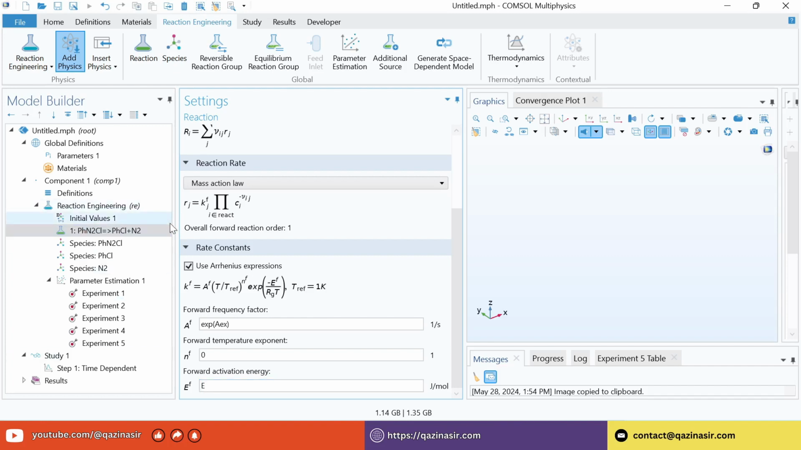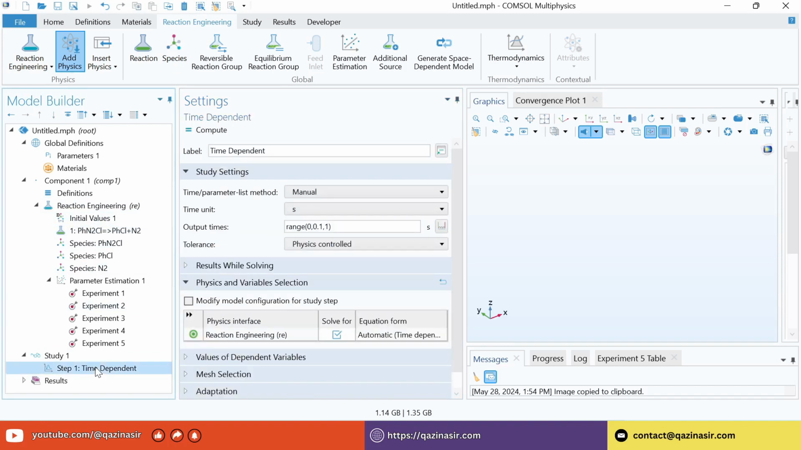Okay, then we need to click on the study, the time dependent study, and in the time dependent study, the thing that we need to change is the output time. So we need to start from 15, go all the way to 5000. Right, after this we need to click on